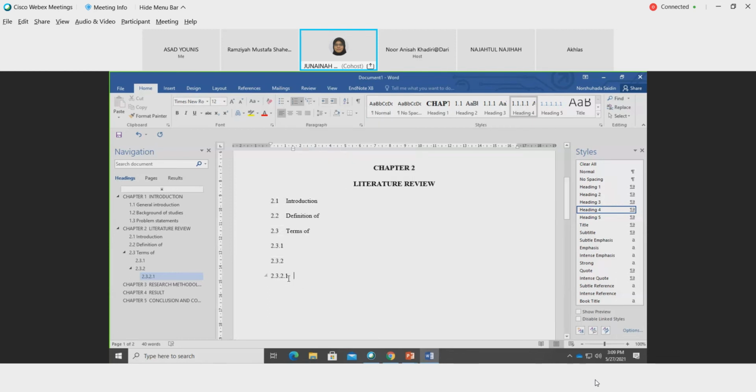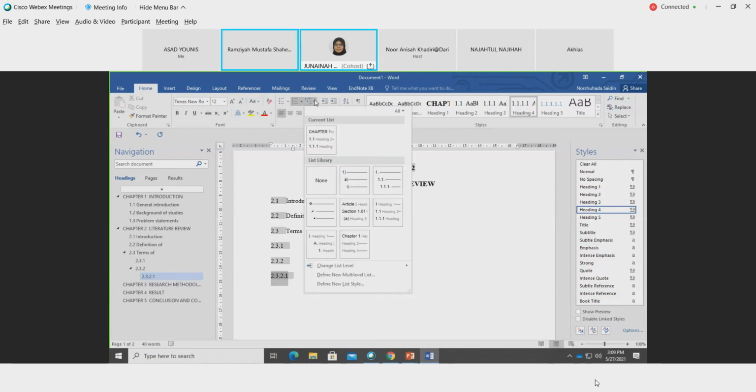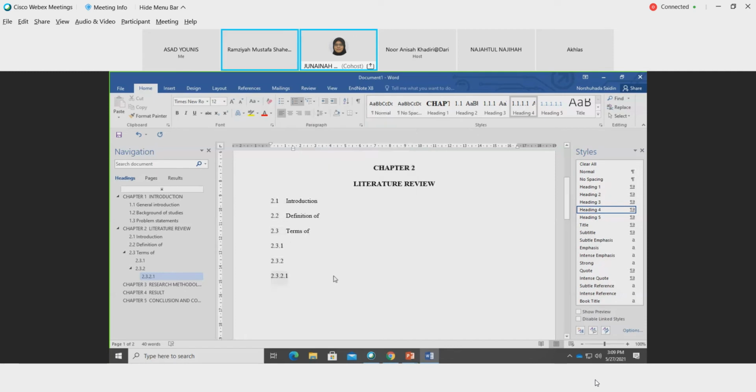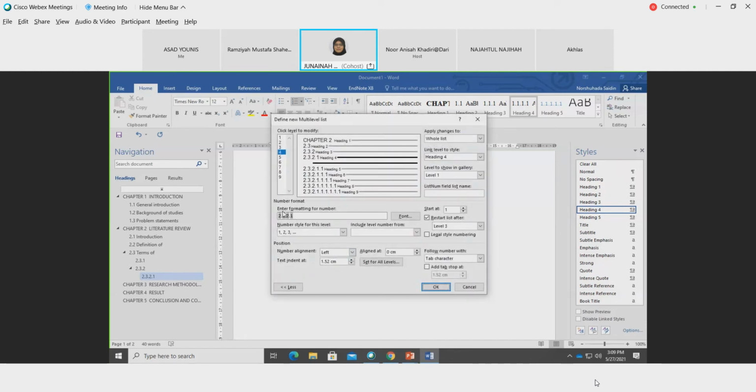Okay. So let's say you want to replace this number 1 here with A in 2.3.2.(A). So put the cursor here, go to multi-level list back, then go to define new multi-level list. So you can see the enter formatting for number. It is 2.3.2.1. So change the number style for this level to,